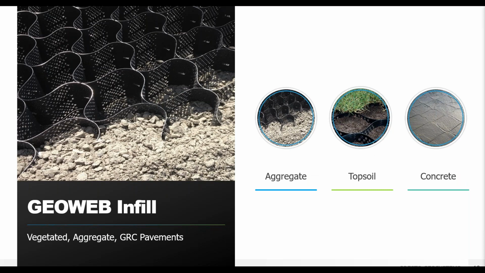So I mentioned there were two main attributes. The second one is actually going to be the infill material. So it's going to be what you put into every one of those containers. An important benefit of the GeoWeb system is that even a low quality aggregate, a sand, or even certain salvaged materials such as recycled concrete can be used to infill the cells.